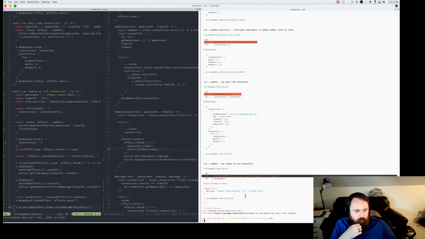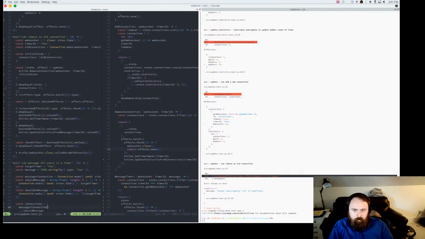Ooh, it's not happy with that. Cannot read property 0 of undefined. Okay, so batched effects isn't being assigned the way I think it is. Am I crazy? So we get our effect out of this. We know for sure that it's a batch because it passes this test. Why don't we just do one of these batch? I thought it was effect.effects.